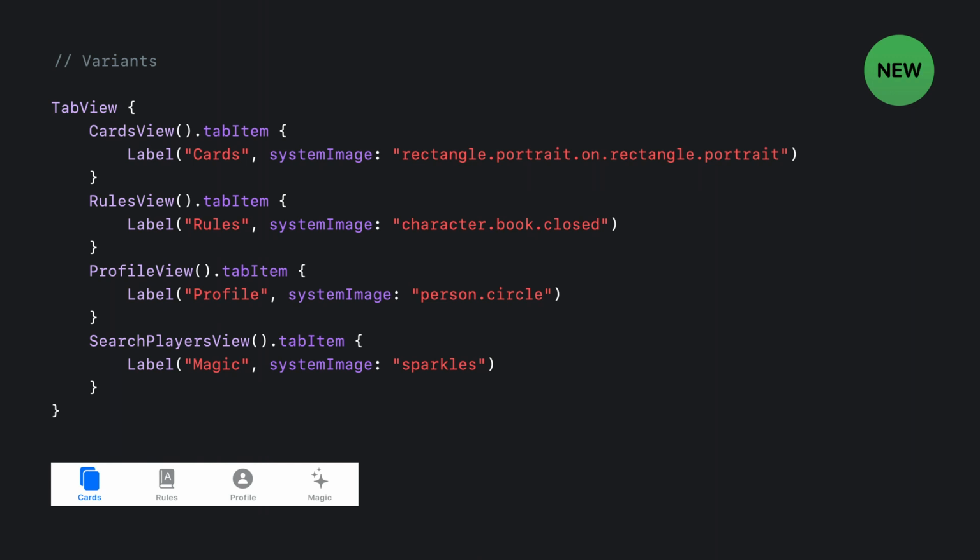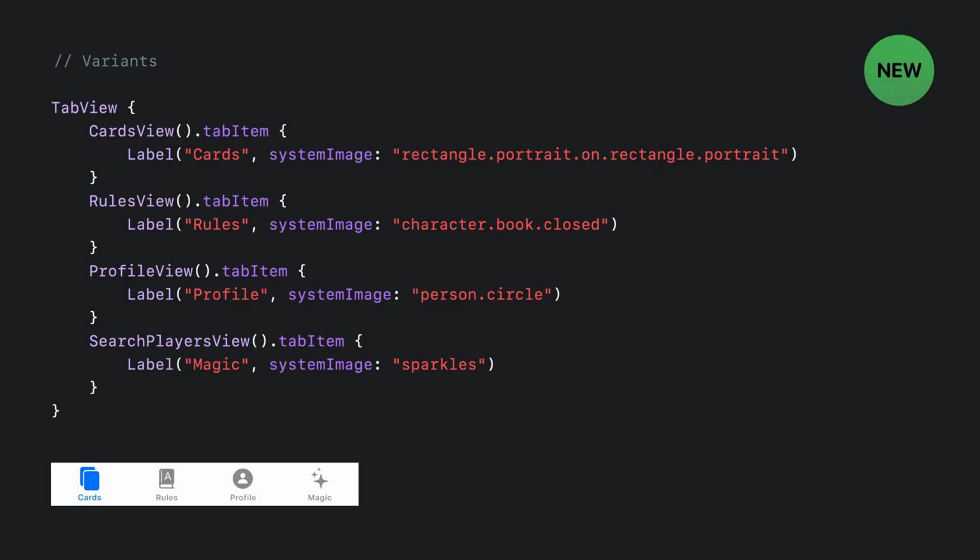New this year, tab bars and other views now automatically opt into specific variants, like fill, to be applied to any symbols they contain. This means you can just use the base version of the symbol and get the right variant without any extra work. And by not over-specifying the exact configuration you want, you also get code that's more reusable. For example, if we run the same code on macOS, we get the correct variant for that platform, Outlines.